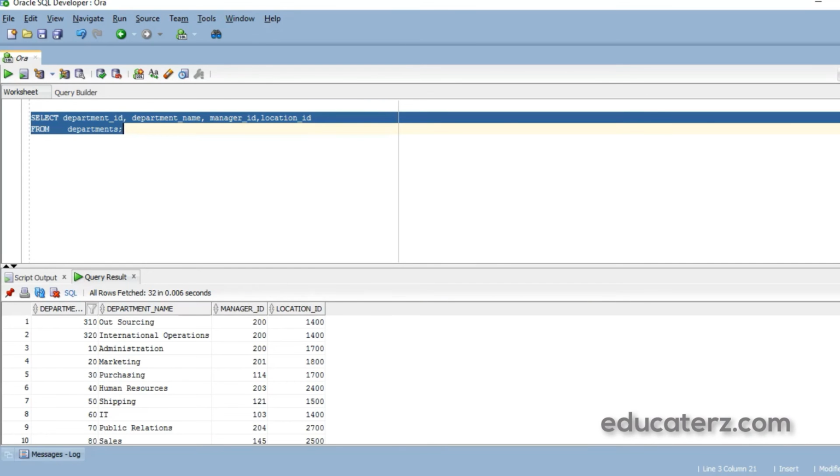Department ID, department name, manager ID, location ID are the column headings which we mentioned in the select list. These are the records. The numbers 1, 2, 3, 4 are not included in the select statement. SQL Developer automatically displays the row numbers. If you execute this query in SQL*Plus, you will not find these record numbers.